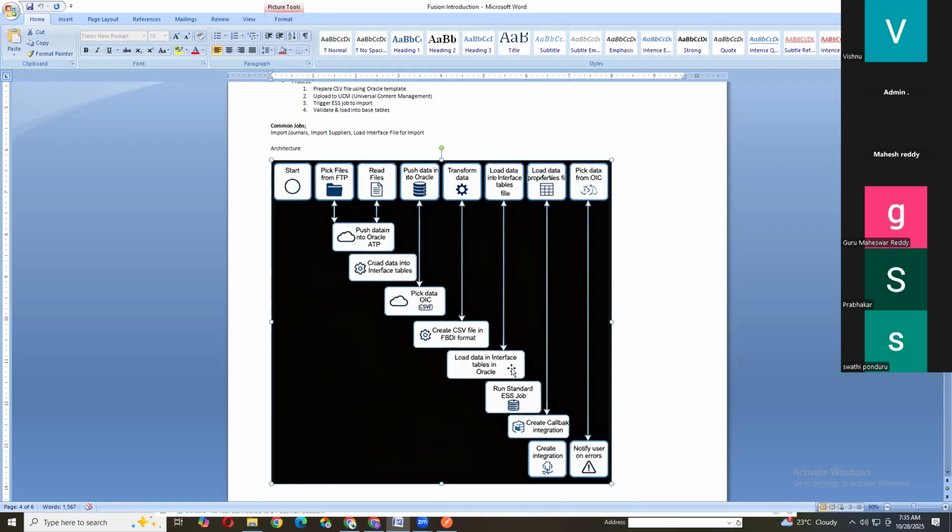Once we place the CSV file in Oracle UCM repository, we will run an ESS job to load data into interface tables. That ESS job will push the data into interface table. And then